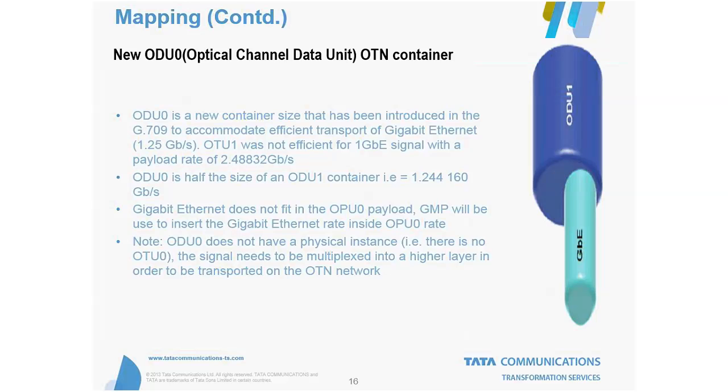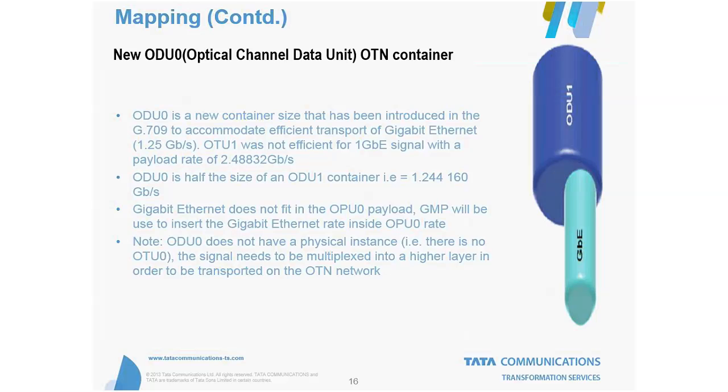Because businesses, for example, you have developed a technology which can give you something like 40G or 100G, and if you're going to sell it to a client, he will come up with questions about whether it will be compatible with his user demands. Because 1G and 10G are here to stay for a longer time, and that will be the customer's demand. If we cannot groom these signals into the new technologies which are coming, like 40G and 100G, nobody will buy it. So we got this ODU 0.